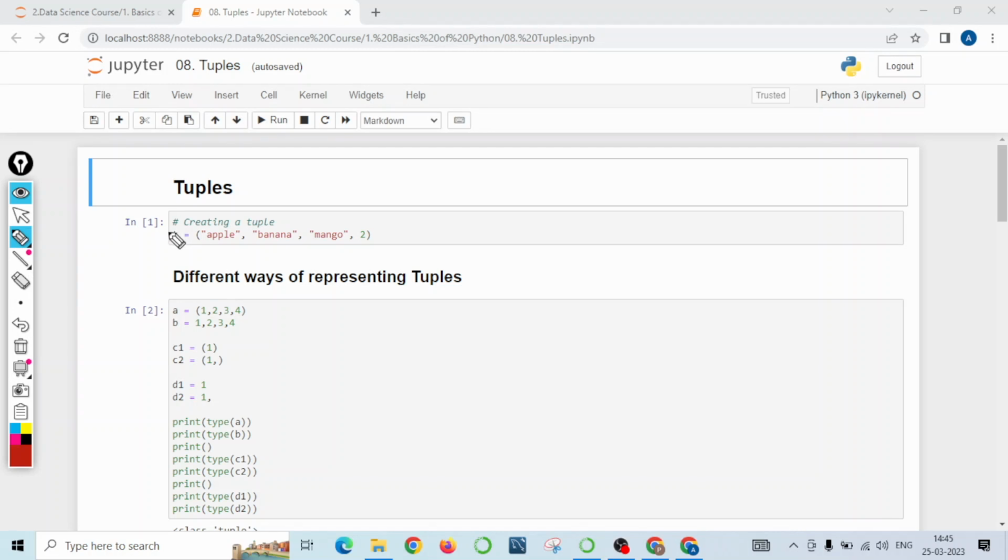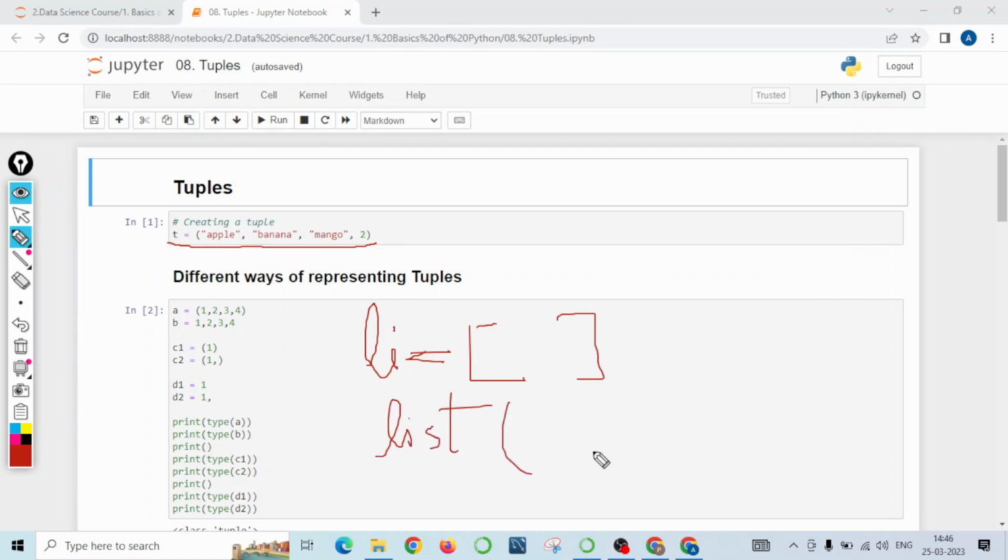Okay, so to start with we'll take a tuple T, and I have declared some elements inside it: apple, banana, mango, and 2. Now we need to understand the ways of representing a tuple. For a list, it was quite simple: Li equals to, and you put the square brackets, or you use the list function, whatever works for you. Now for a tuple, we do have this particular method, tuple,